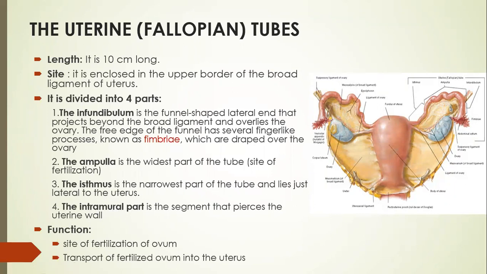Then, what are the functions of this fallopian tube? One is that it is the site of fertilization. As we saw, the ampulla is the part where the fertilization takes place. The second is the transportation of the fertilized ovum into the uterus. The sperms actually pass from the vagina to the uterus and from there to the ampullary part. Here fertilization takes place, and then the fertilized egg will move back into the uterus through this fallopian tube. So the transportation of the sperm, the ovum and the fertilized ovum back into the uterus, all these are functions of the fallopian tube.